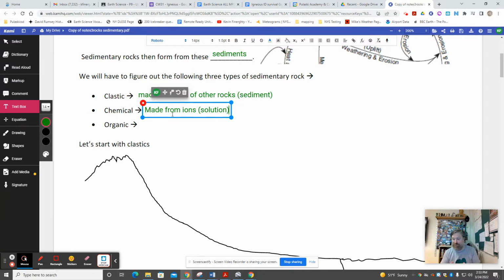What a solution is. If you've ever dissolved something, you've made a solution. So say Kool-Aid, what is Kool-Aid really? It's a sugar solution. It's water with dissolved sugar in it. And then you dump in a little bit of food dye and you say, this is Kool-Aid, right? So solution is water with dissolved ions. All right, we'll look at that a little bit more, but we'll actually look at it in context of this experiment that we started doing way back when we did weathering labs with the salt water. If you remember dumping salt water into that big beaker, now it's time to finally talk about that, finish that experiment. Lastly, we have organic, which means made